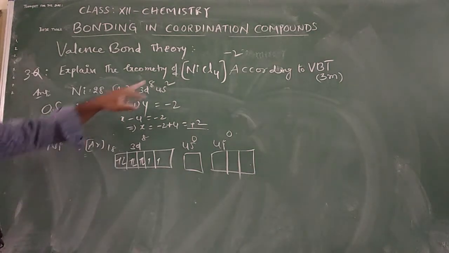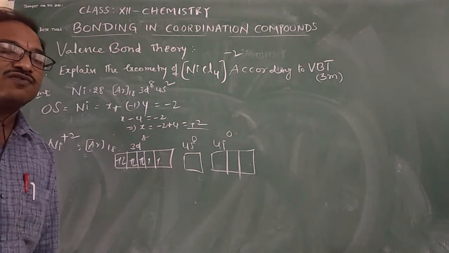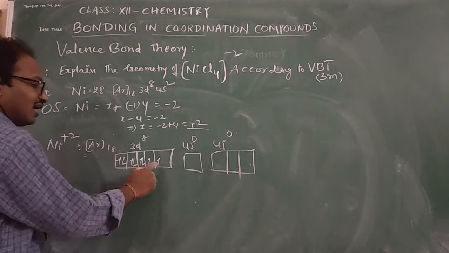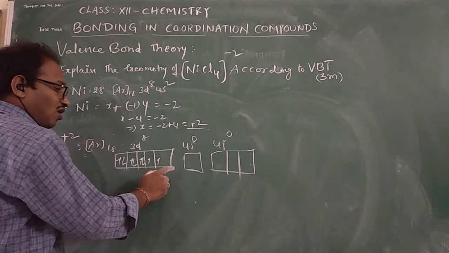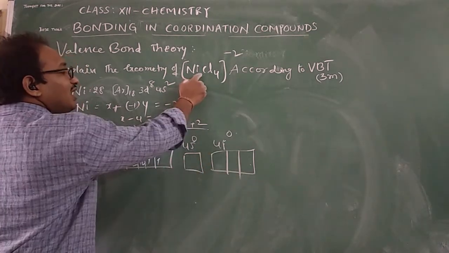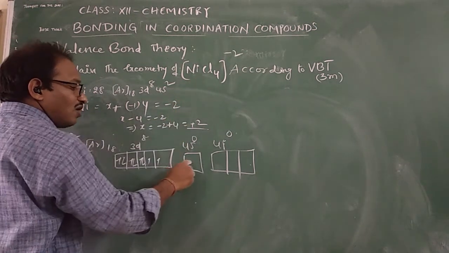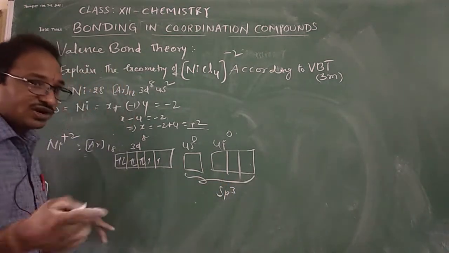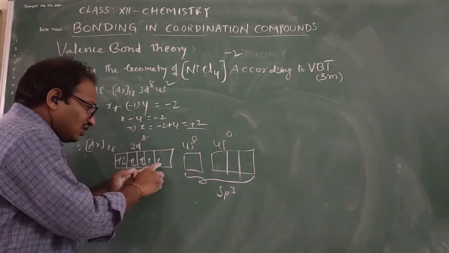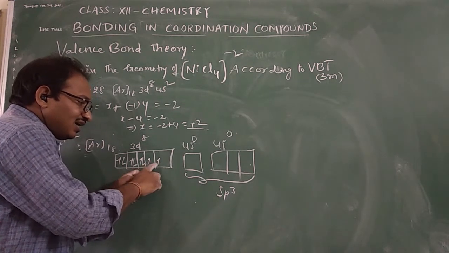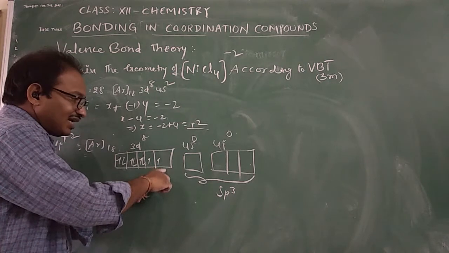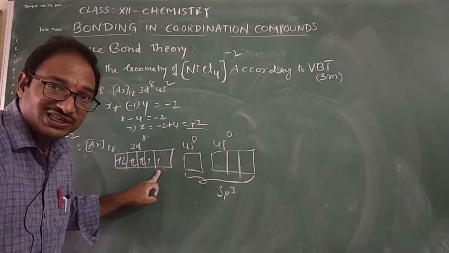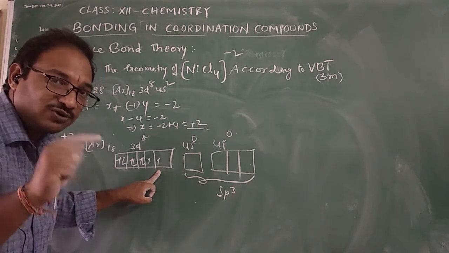Now in Ni2+, Cl is a weak ligand. Chlorine, fluorine, bromine, iodine, they are all weak ligands. When weak ligands are there, the electrons cannot rearrange themselves. But how many ligands are there? 4. So 4 vacant orbitals will be required. So this is sp3. And one more case, we will come to next week. Actually, if this electron comes here, here also one vacant orbital is there. At that time dsp2 hybridization is also a possibility. You have to think about it here.